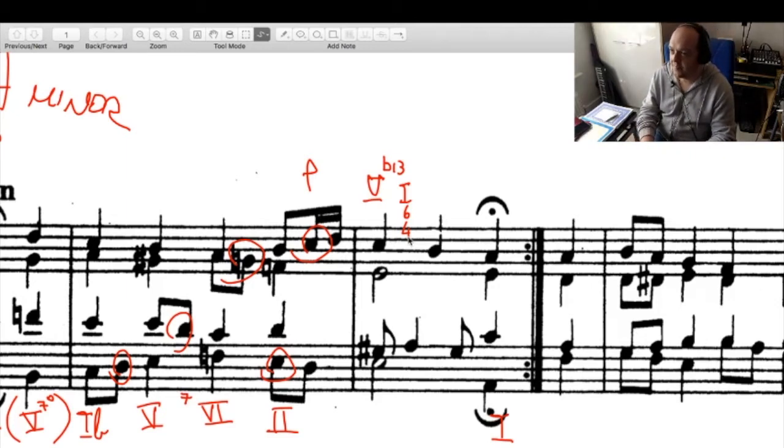Dissonance. Now that behaves as an appoggiatura. Rather than call that 5 flat 13, then 1 6 4, then 5 again with a 4 suspension and 5 3, I think here we're looking at